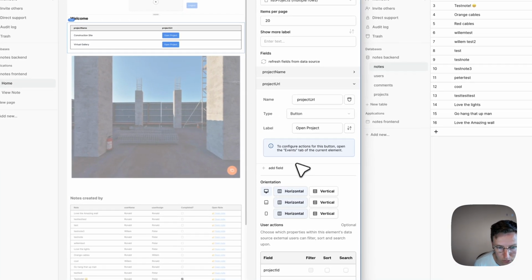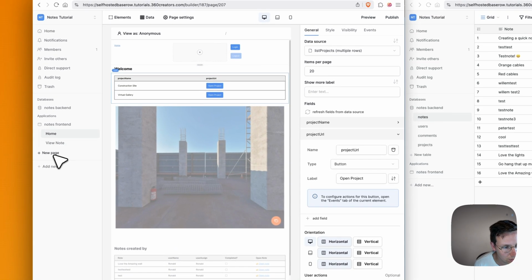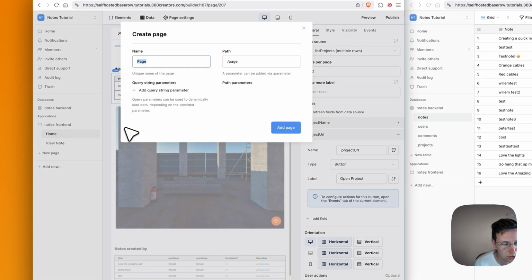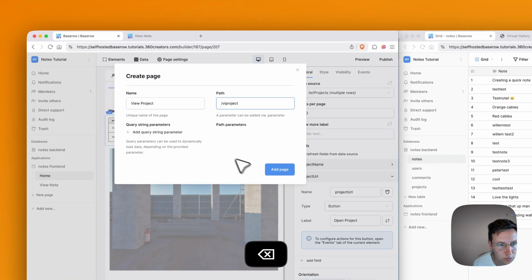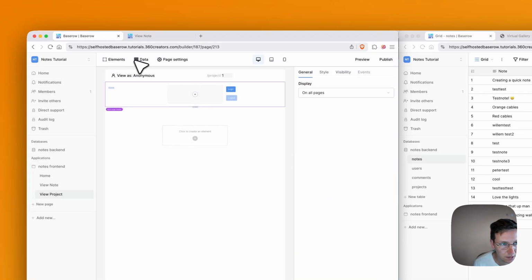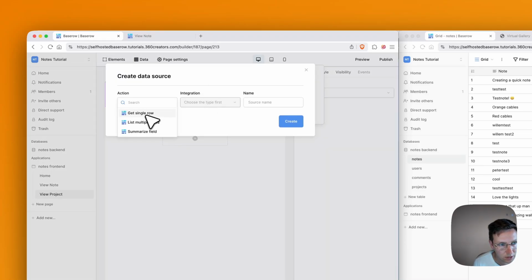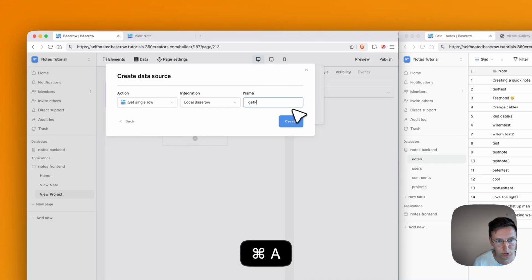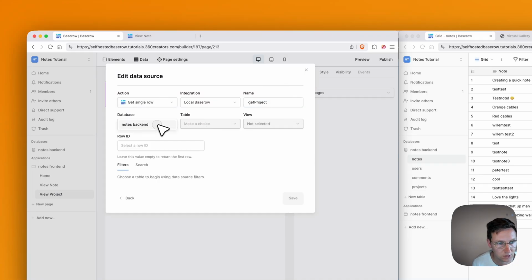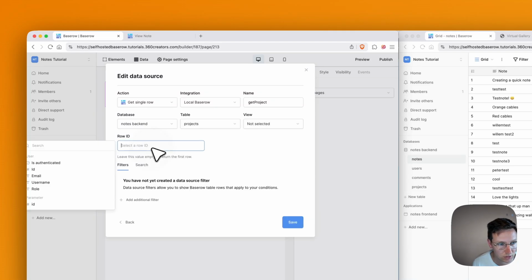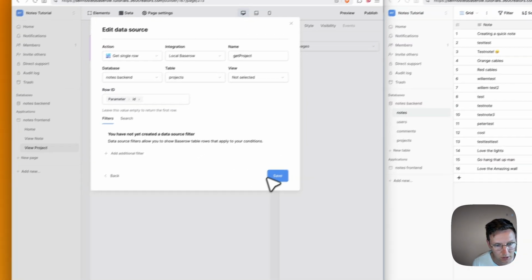Now we are going to link this, but before we do that, we need to create the dynamic page. So I'll say new page, view project, path like /project, keep it tidy, and put in the ID. This is the project ID. Numeric, add page, and in here we'll do data, get single row, get project, create database projects, and then here the parameter. Hit save,